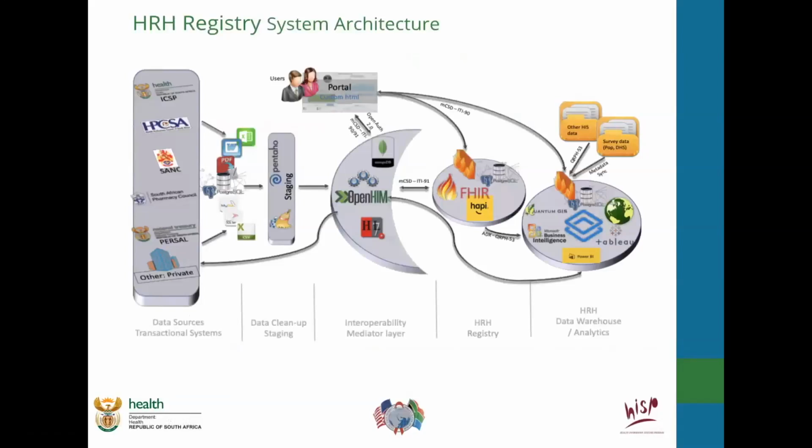So there's their HR system, which is called PERSOL. There's the various councils: the medical council, the nursing council, and the pharmacy council are the main ones they're starting with. They also have an intern and community service program where they already have some data, so that can also feed in. And then it could be any other private hospital system, anything else out there that has HR data. Since this is in the early stages, the way to collect data from all those systems is going to be